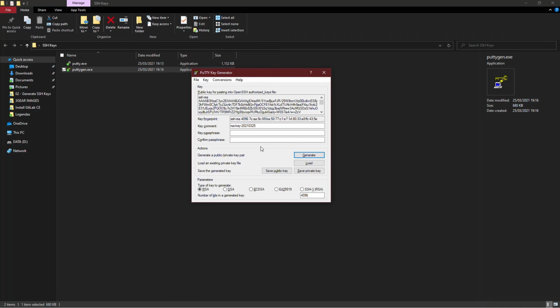For example, you can put your email address, home, office. The key comment is particularly useful in the event you end up creating more than one key pair. Okay, done.